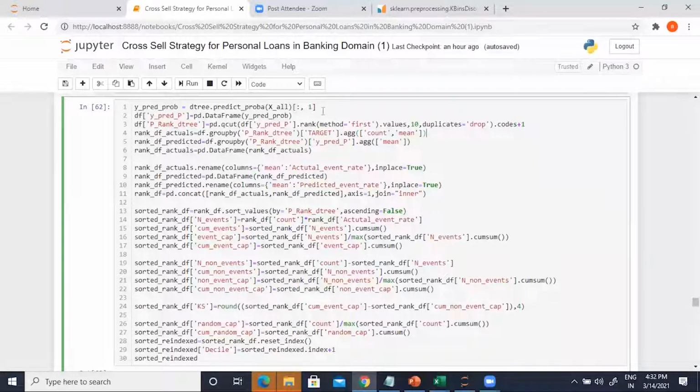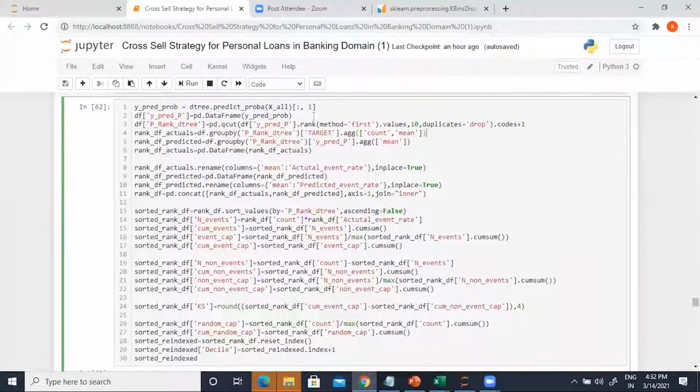Okay, so you have a column of predicted probabilities, right? Now what you're doing is creating 10 groups out of them, just like KBinsDiscretizer. The same thing you're trying to do using the quartile cut function, because I'm only dealing with one column. I don't want to bring in the KBins. I want to do it in just one step using quartile cut. So you take one column and you choose the lowest 10% of values, and you keep them in the first group called decile 1 or group 1.